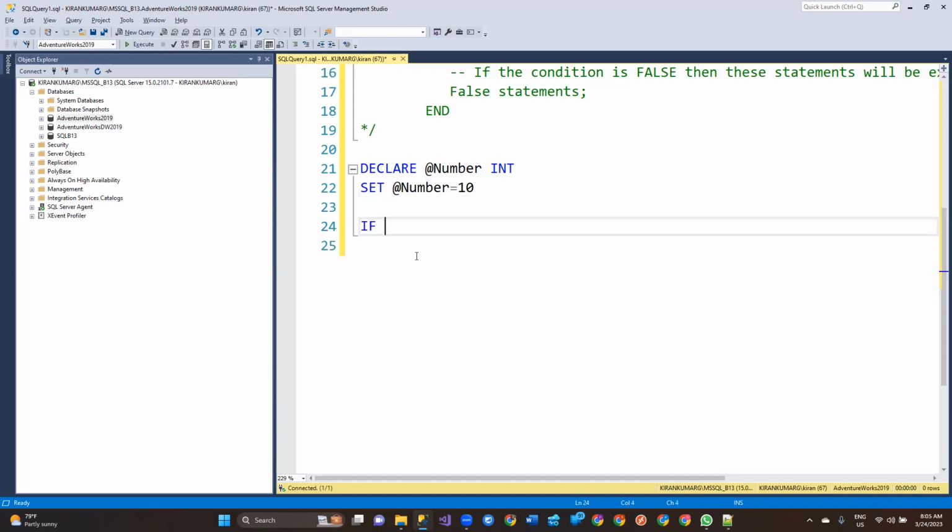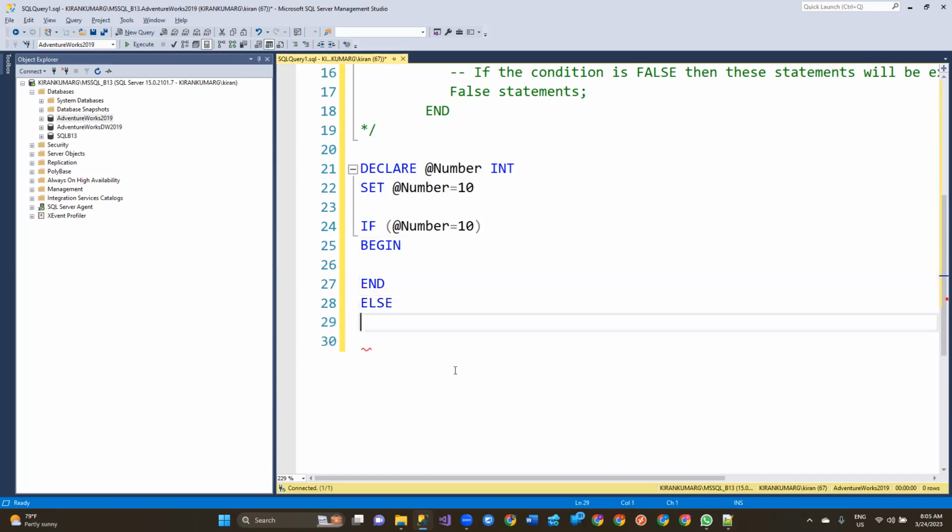Okay, so I would like to validate whether this particular variable number is having 10 or some other value. Okay, so for example, if number equal to 10, begin, and here else begin, and okay, here